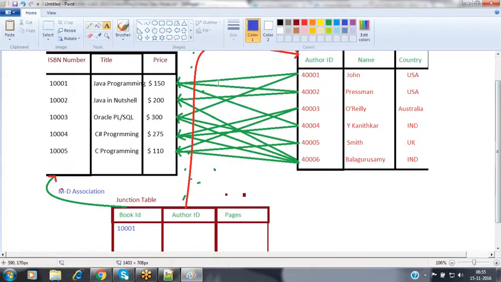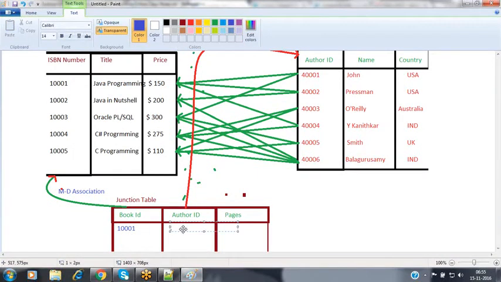This book has been prepared by John, nothing but 40001. The other ID is 4001. And the number of pages, I'm specifying, is some 400 pages. And along with that, some more others also participated while preparing the same book.